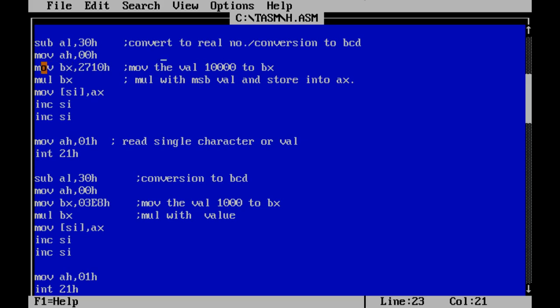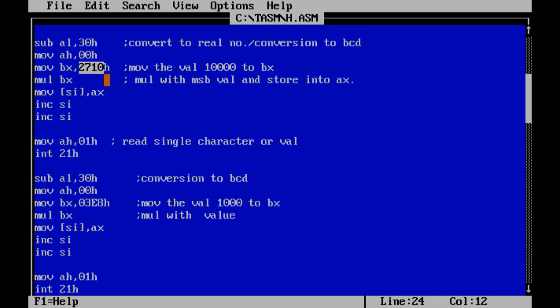So as we discussed the logic of converting hex to BCD, BCD to hex number, at that time we move 0710H into the BX, right? At the time of discussion of the different steps, we multiply the particular given number with the certain decimal number or hexadecimal number. So this 5-digit BCD number, we have to convert this BCD number into a hex number.